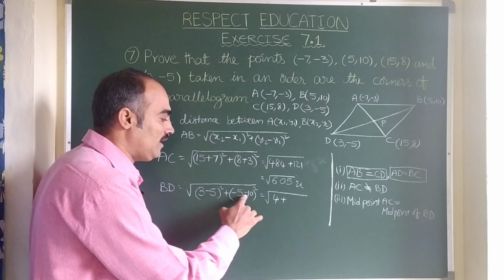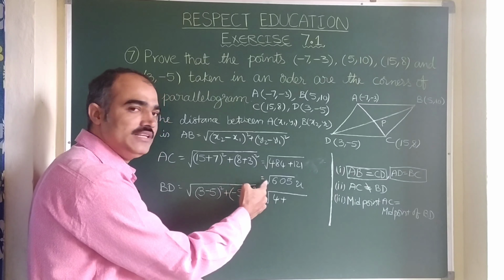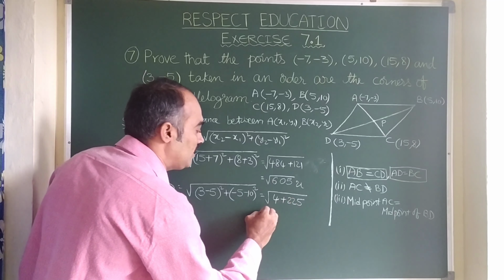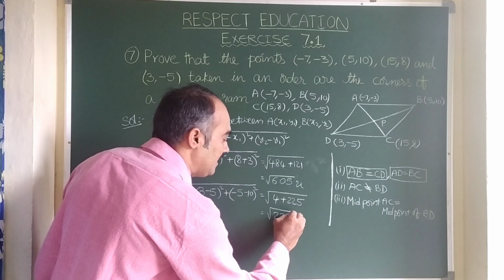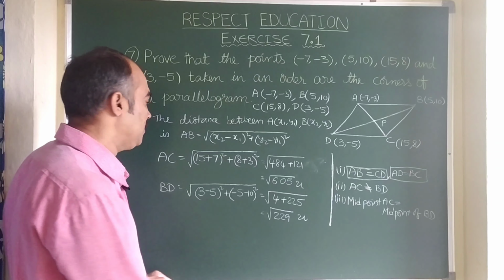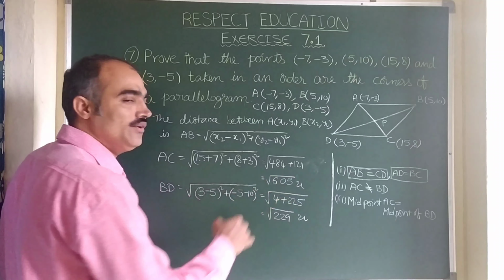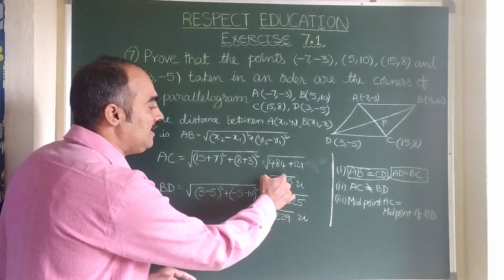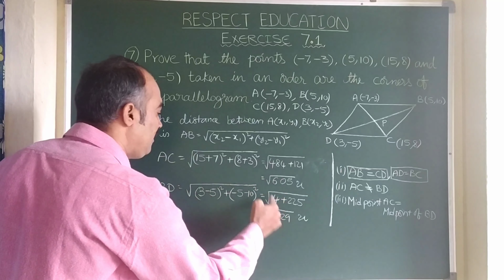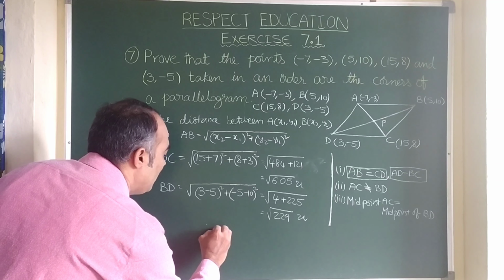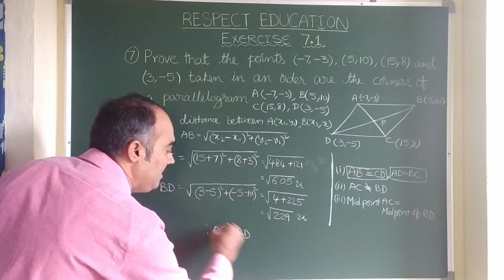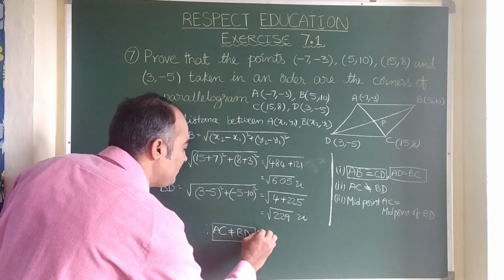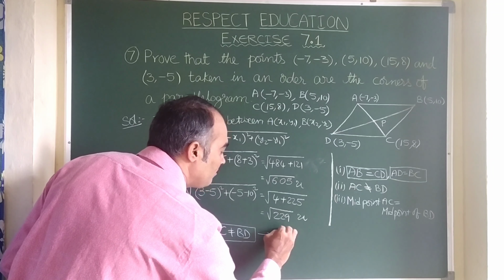Plus minus 5 minus 10 is minus 15. Minus 15 square is nothing but plus 15 square, that is 225. On adding, 4 plus 225 is root 229 units. Here you observe, AC is root 605 units, whereas BD is root 229 units. Clearly they are not equal, right? So we have AC is not equal to BD. That is what was required as the second condition. So let us take this as equation number 2, right?